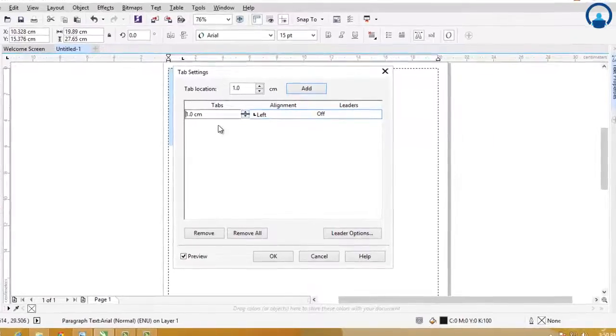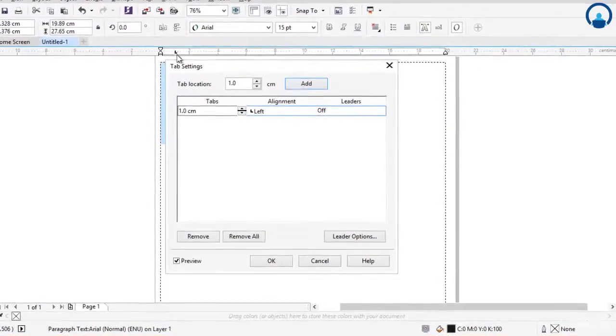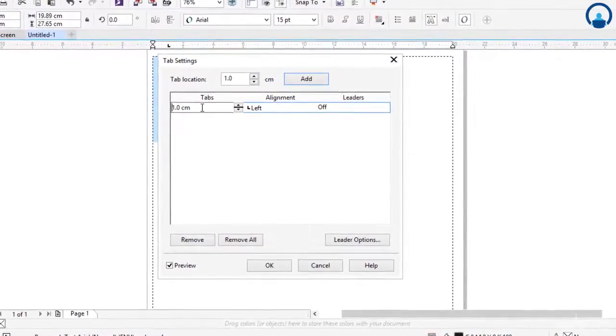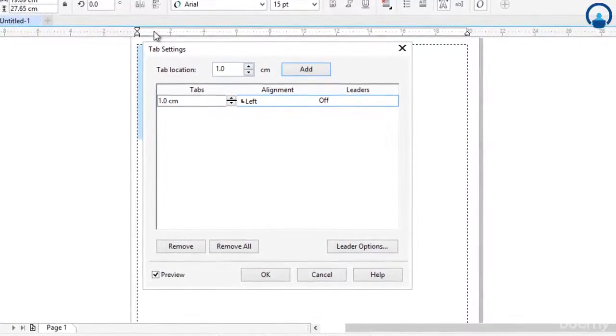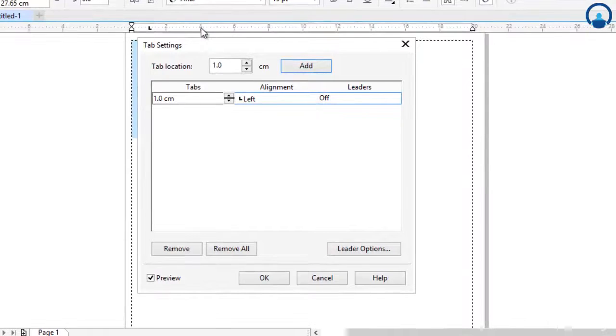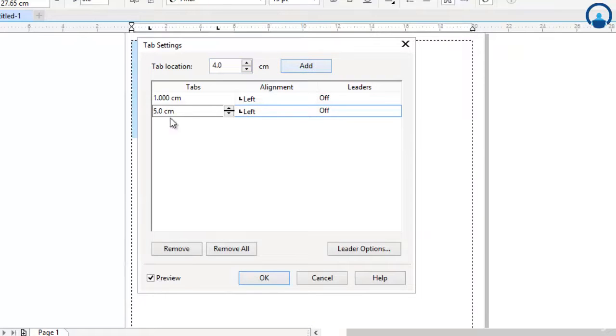Suppose I want to add a tab at 1 centimeter, I've added a tab, and again if I want to add a tab here at 4 centimeters, what I need to do is if I type 4 and add, that goes to 5 centimeter because it has included this 1 centimeter here. So 1 plus 4 becomes 5 centimeter.